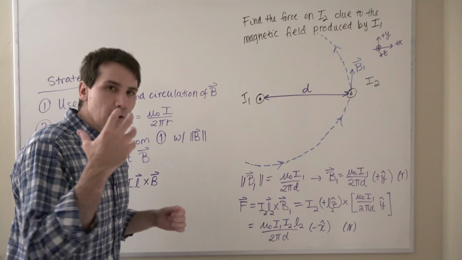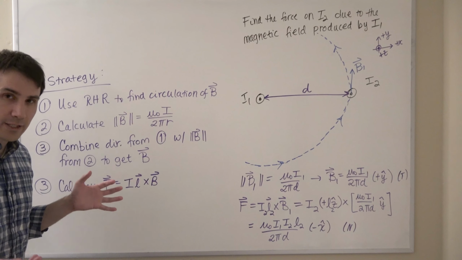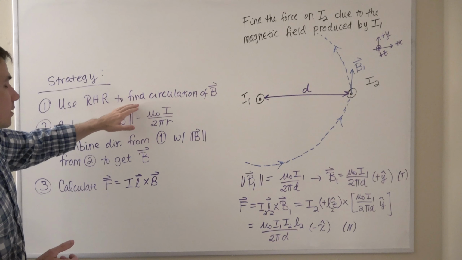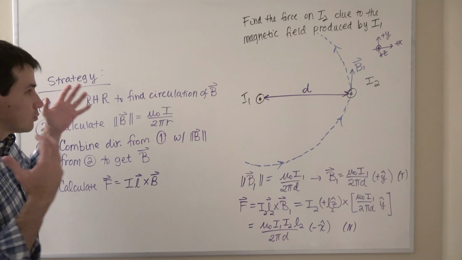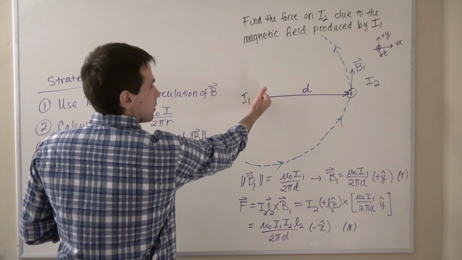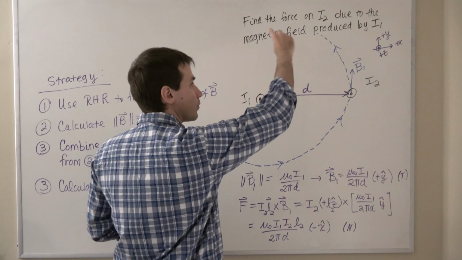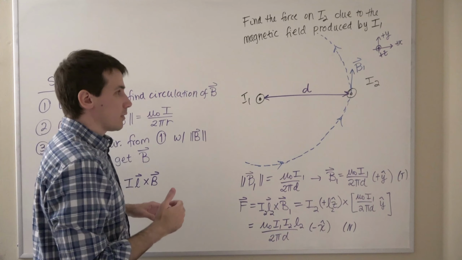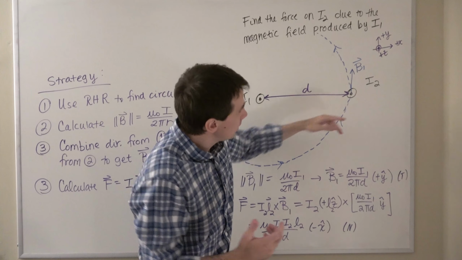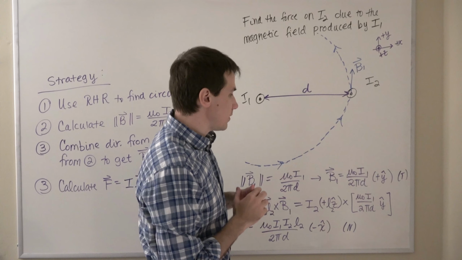Okay. So our basic setup is going to be exactly the same as when we were looking for the force on the electron in the previous example. So we're first going to find the direction of the magnetic field due to I1 using our right-hand rule. So the current is coming out of the board, the magnetic field is curling upwards in a counterclockwise direction. Specifically at the location of I2, the tangent to this circle points straight up, so my magnetic field points in the